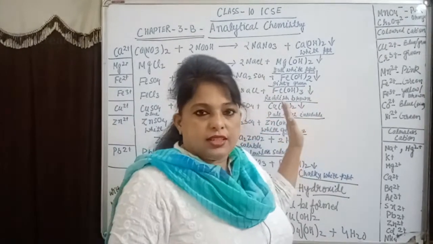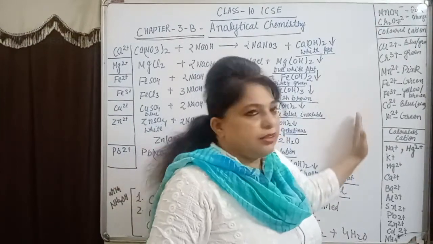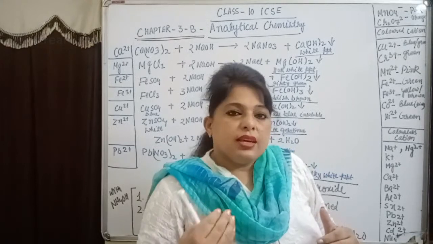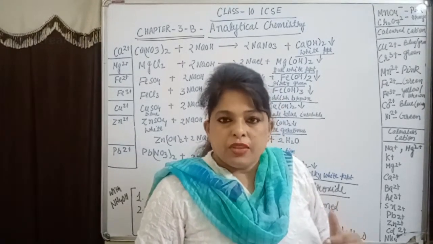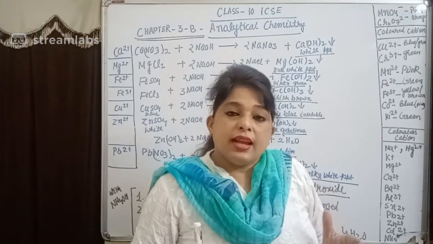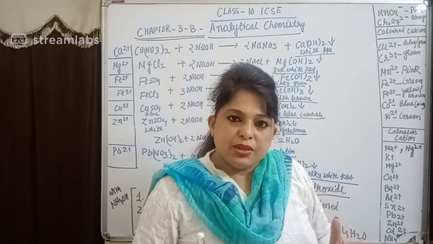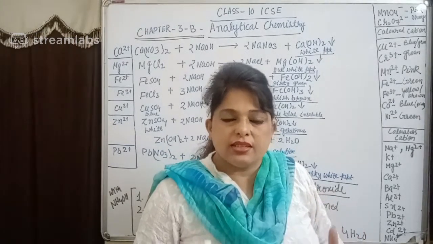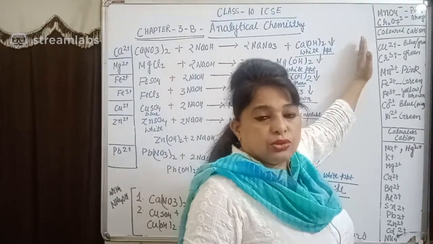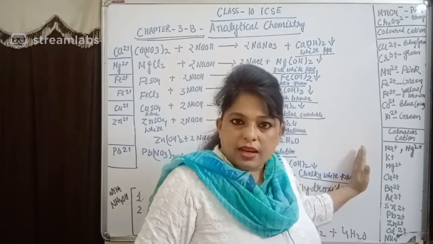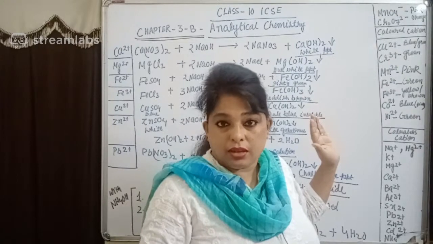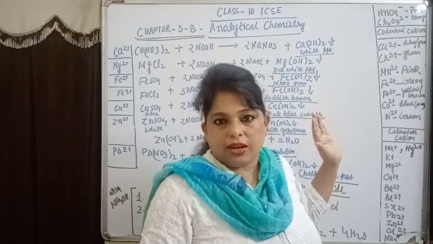So before learning this reaction, you should know the color of the different cations and anions, and on the basis of this you can easily tell the color of the precipitate, because during board examination most of the time you will get a 10 marks question based on analytical chemistry, and this is very easy if you understand the concept, right? And that's why I will ask you to learn the color of the cations and anions, so that whenever you have to give the color of the precipitate, you can easily write it, right?